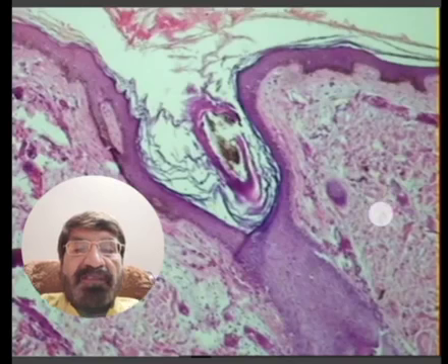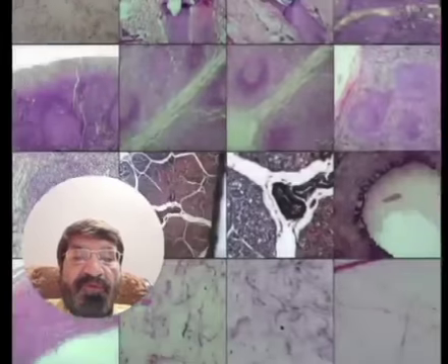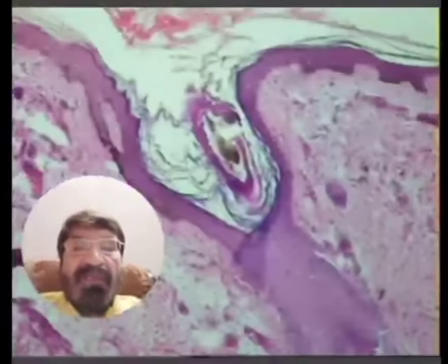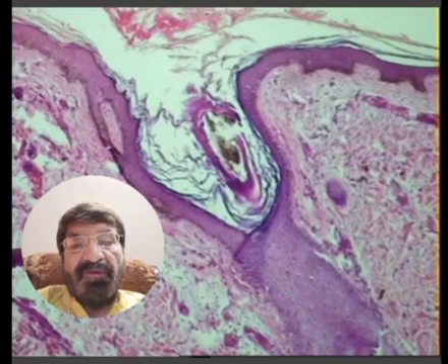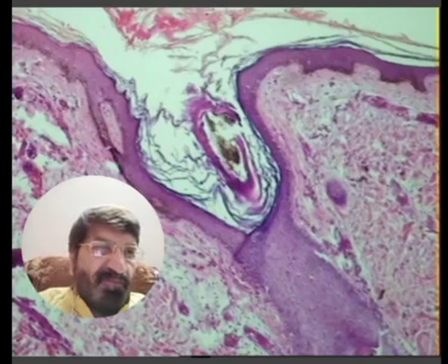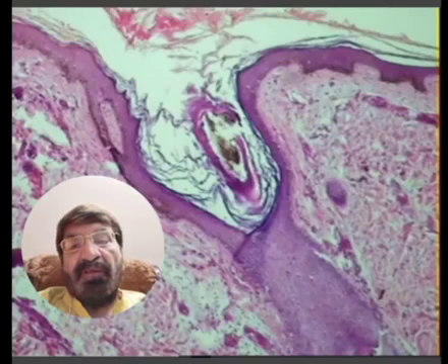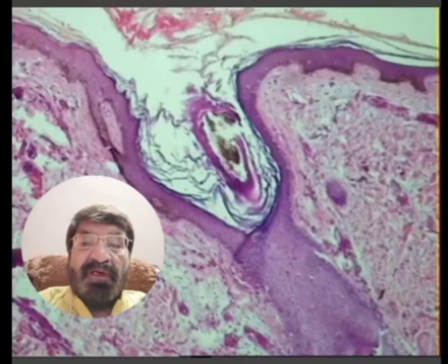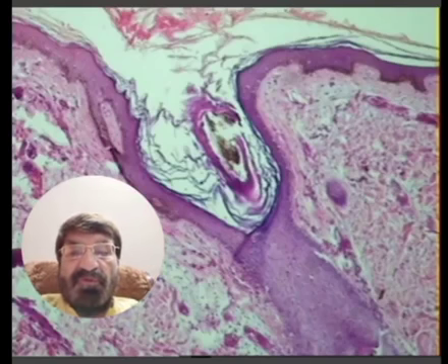And as regards this broader zone, in which are lying the hair follicles and the other accessories of the skin, that is the sebaceous glands and the sweat glands, that is the reticular layer of the dermis, dense irregular connective tissue. So this is the slide of the skin.